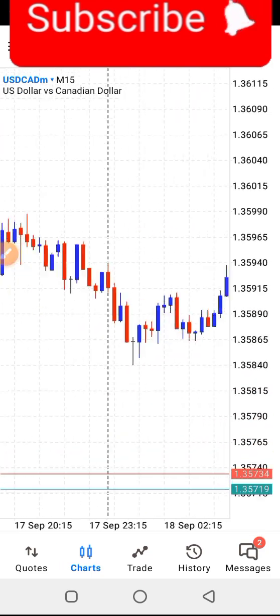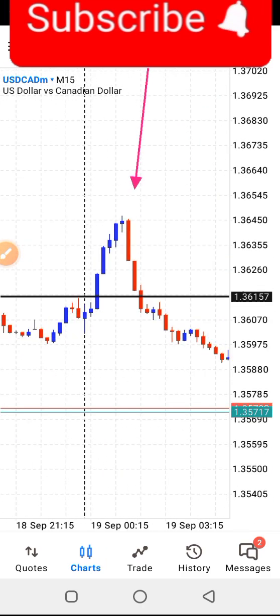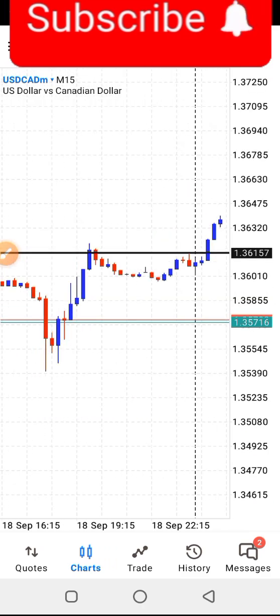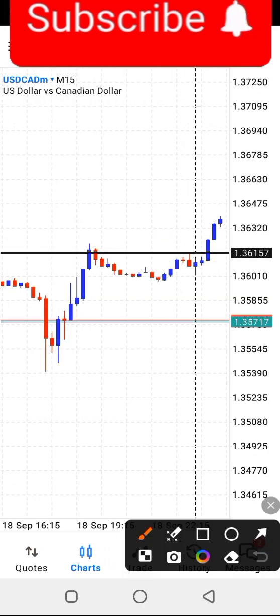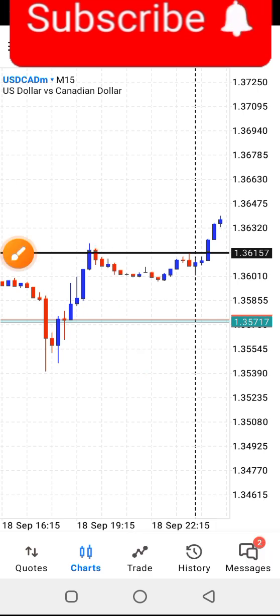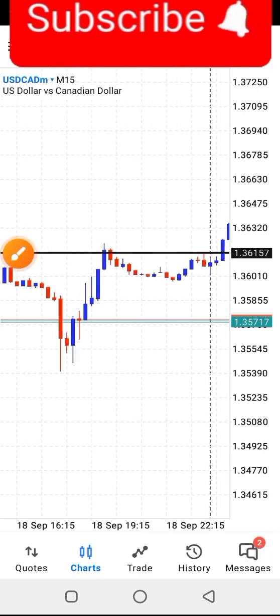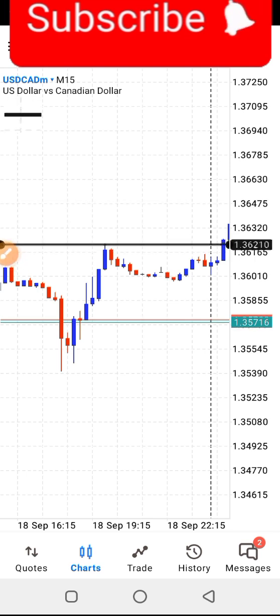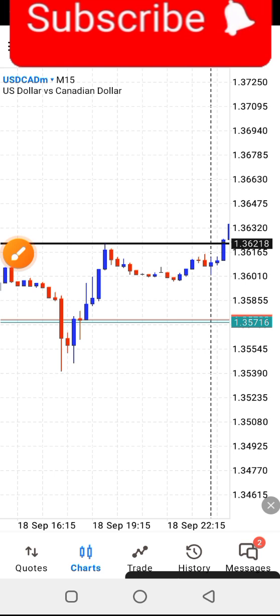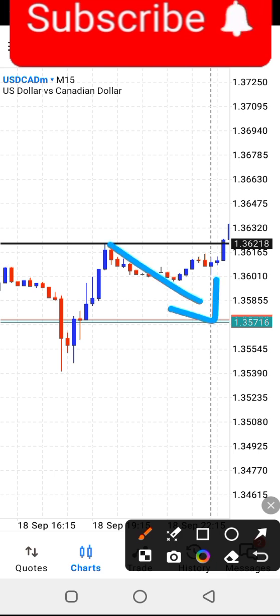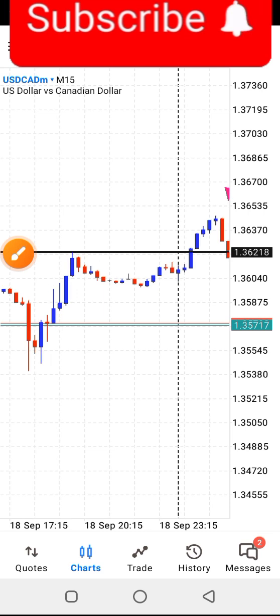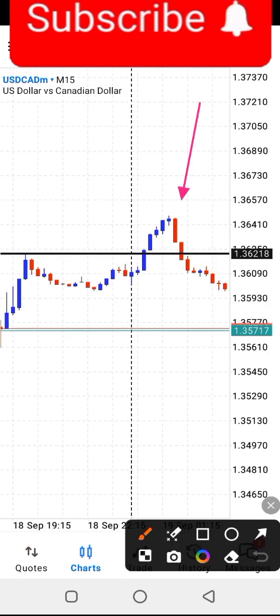I marked out two examples. I've shown you the first one. So this is the second one. This is also like a resistance level right here. Okay, so let me balance the horizontal line on it. So that's the resistance level that pushed price to the downside like this. So you would expect price to actually get back to that resistance level and sell, but if it should